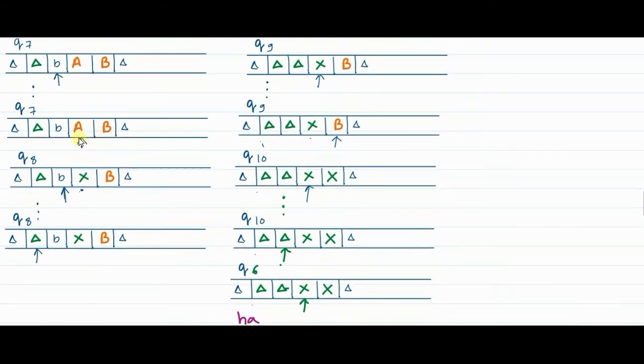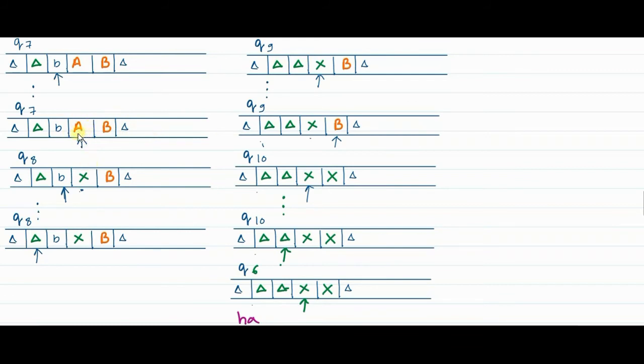Now why was this A replaced? The input string on the tape was small a and capital A. We replace small a with delta so that we know this A has already been considered. We replace capital A with X to identify that this A is already marked. You cannot replace this A with delta, because the moment the pointer reaches here, it will assume it has reached the end of the string and ignore whatever comes next. So I cannot replace A with delta.